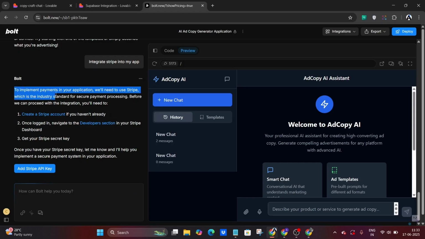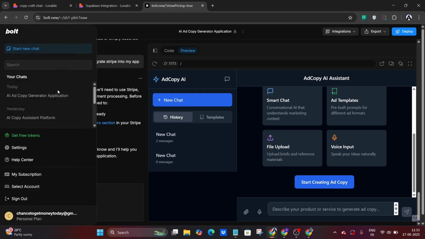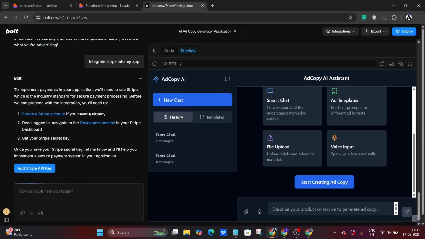You can see here, to implement payments in your application, we need to use Stripe. You can create a Stripe account, go to the developer section, and add the Stripe API key to do it yourself. You can follow all those things, as it shows your requirements and steps. You need to follow this, and you can do it very easily. You can change the color, buttons, all those things as per your requirement by just describing it here. You can export the code,